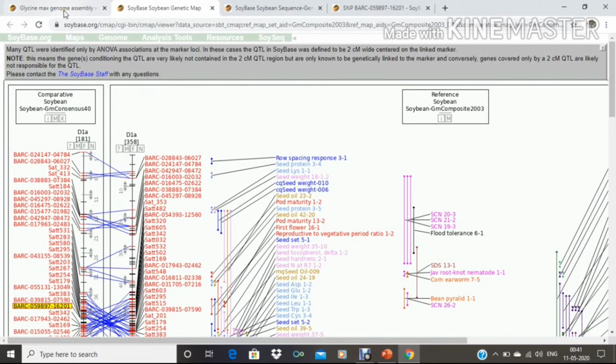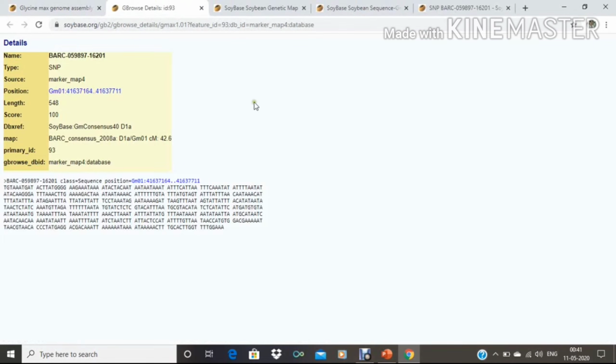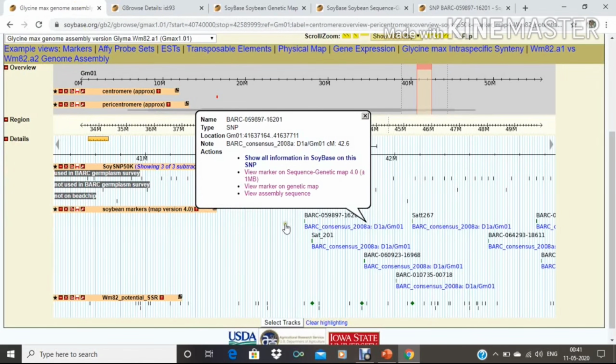Now we will go back. Here is the last option, that is the assembly sequence. By clicking here we will get all the information of the assembly sequence like the name, which type of marker this is, then what is the source, what is the position, then the length, score. Likewise we will get all the information of this assembly sequence.